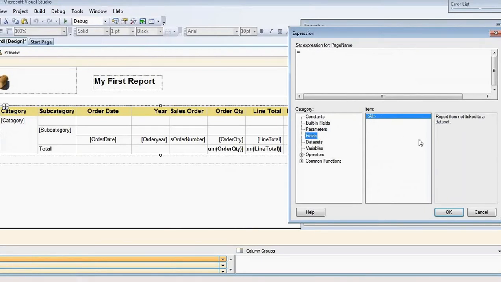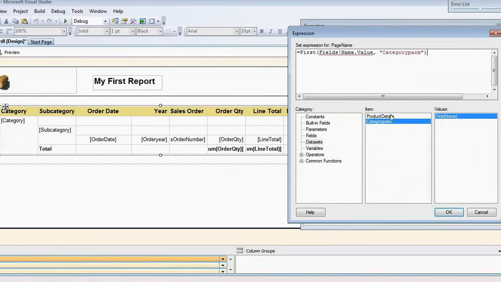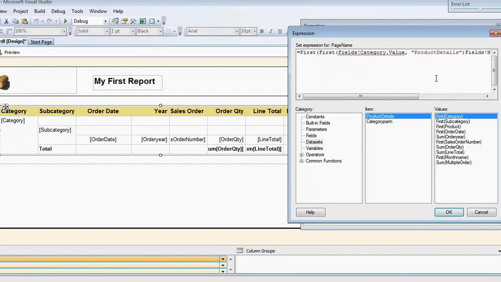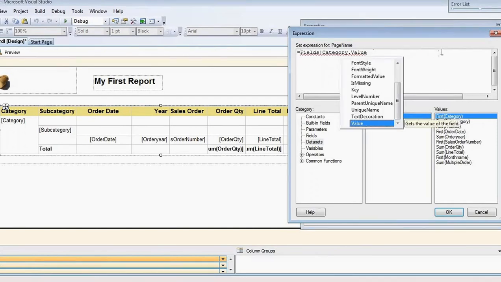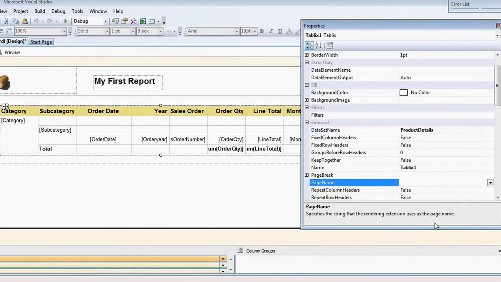Okay, you can take it under the data sets category. We'll see whether it is working or not.